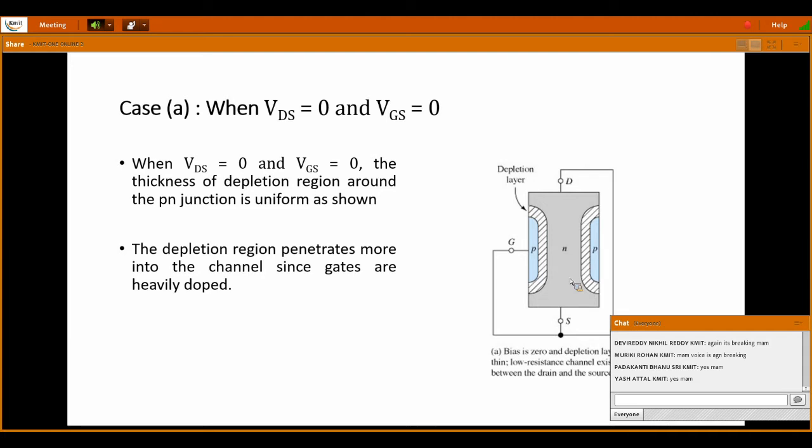So now the first case is, both VDS and VGS equal to 0, meaning no supplies are given. So when no supplies are given, what happens to the PN junction? See, by default, FET is a combination of two PN junctions. That you should keep in mind. FET is not a new kind of material or anything like that. It is simply a combination of two PN diodes. That's all. We can also similarly say that it is BJT, but the structure is different, so the operation is different. That's all.